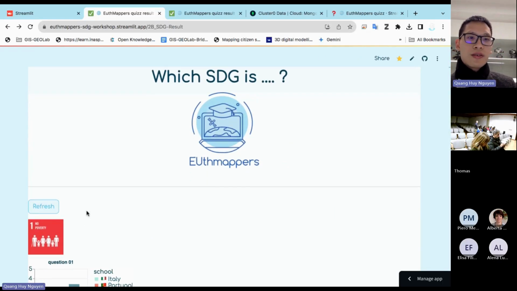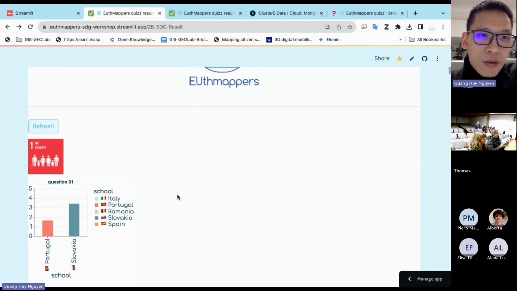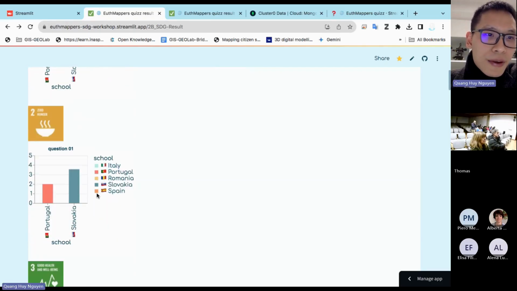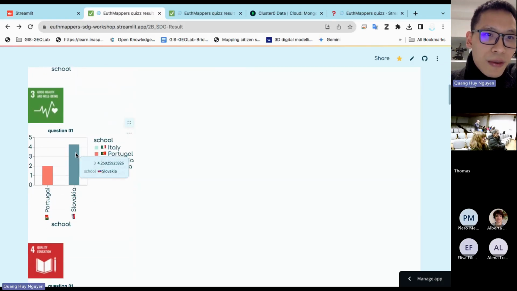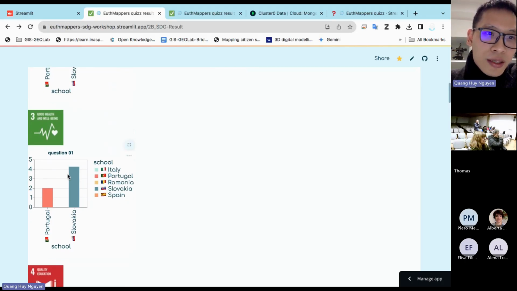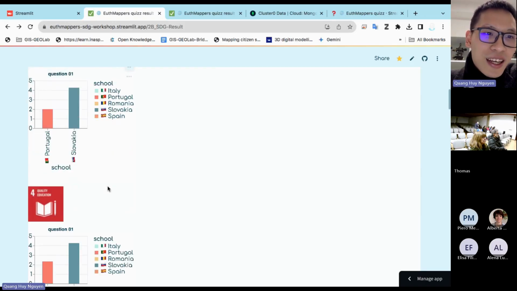Okay, so we have received responses, and I will check through them. Here is only 2. The good health and well-being is rated like 4.2 by Slovakia, still 2 by Portugal.